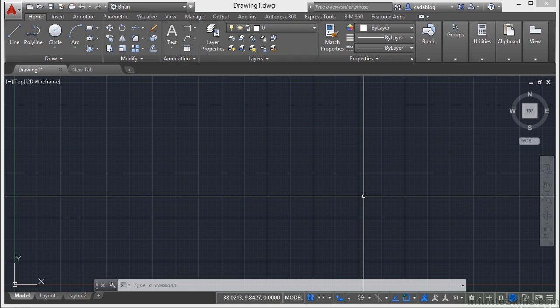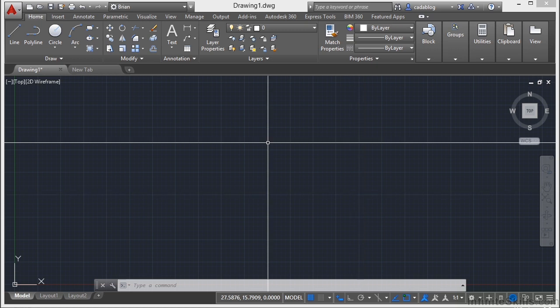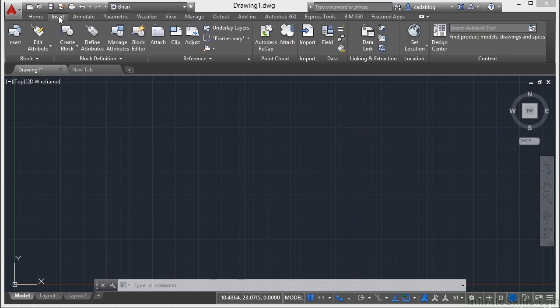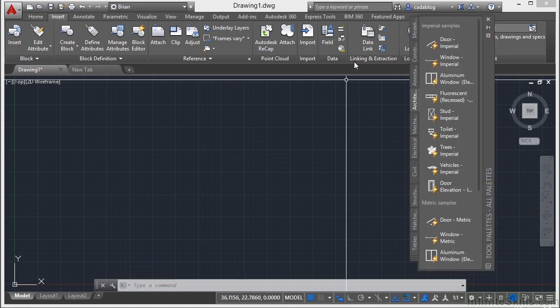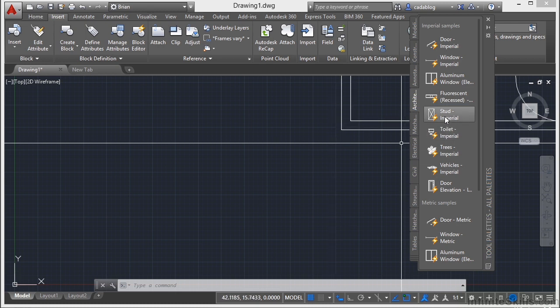Several enhancements to the ribbon have also been included. It's been updated to support the dark color theme as well, and improvements in efficiency for accessing the tools have also been put in. So it does work a little bit more quickly. If you go to the Insert tab and go to the Insert button, it will offer several different galleries if there are blocks inside your file. So if I open up my tool palette and I insert several different blocks,